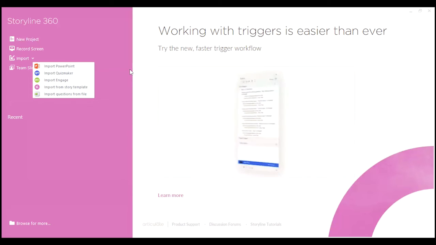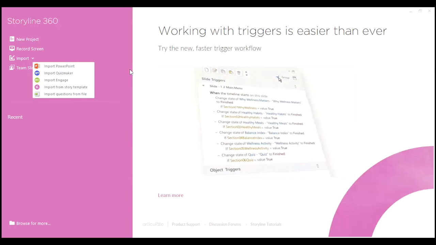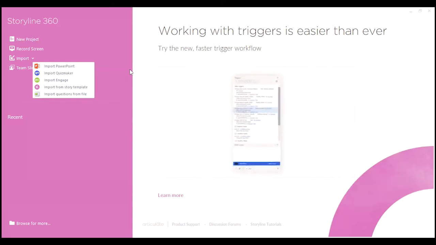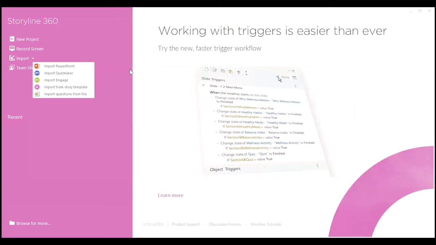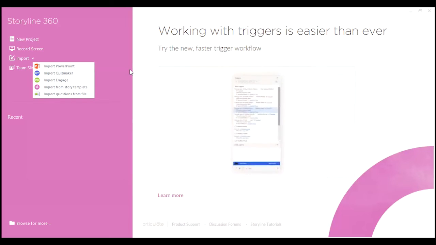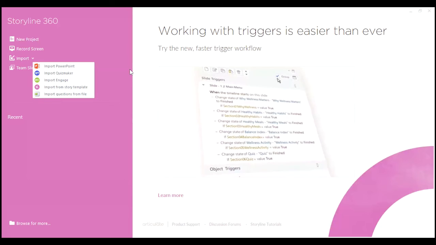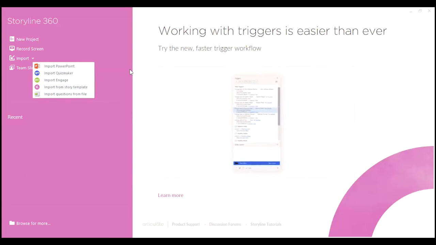If you have a QuizMaker file, that is basically a software that creates different questions based upon what kind of questions you want. If you want fill in the blanks questions, it can do that. If you want true and false questions, it can also do that. And if you want a combination of different types of questions, it can also include that. You can have this file from a vendor or you have created it in Quizmaker software. You can include that file inside your Storyline project and then you are good with that part of your course.